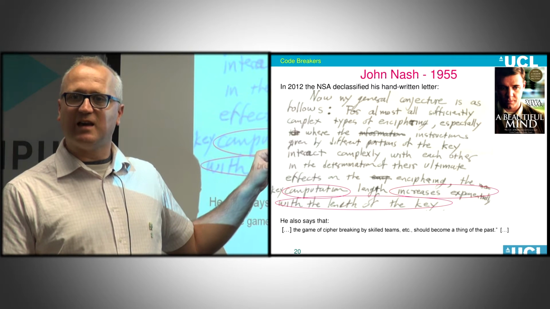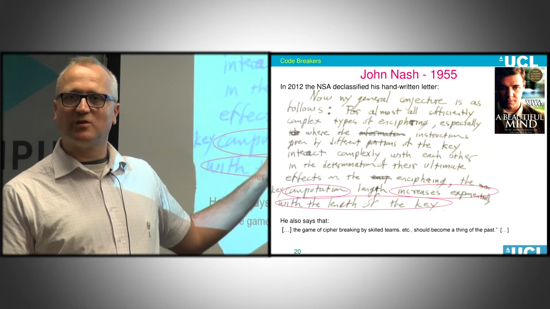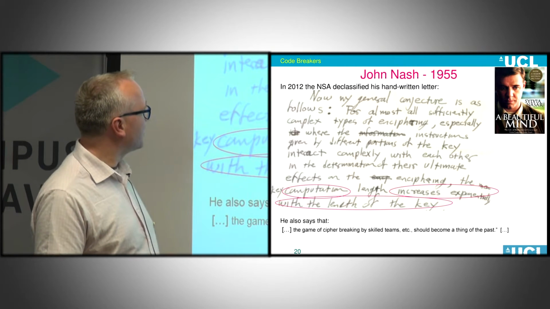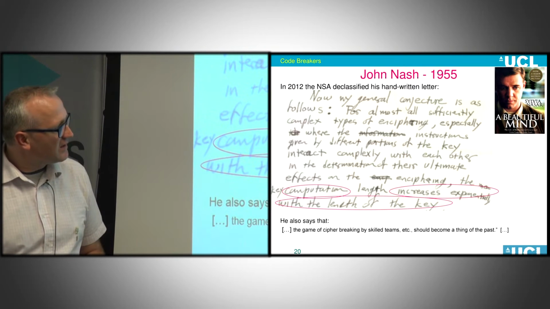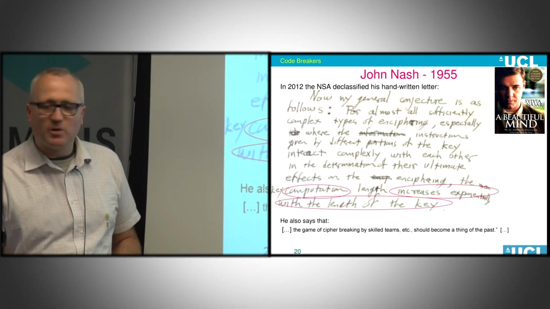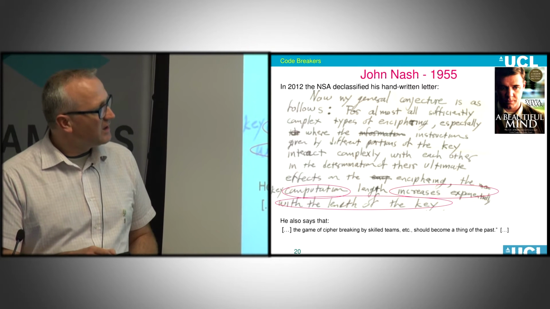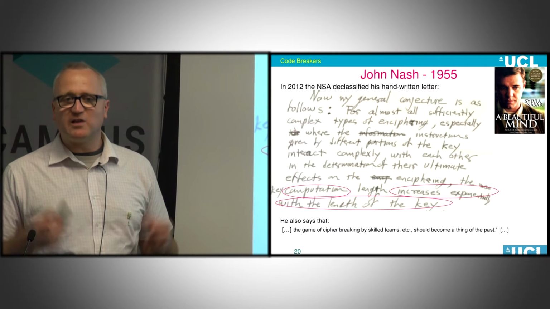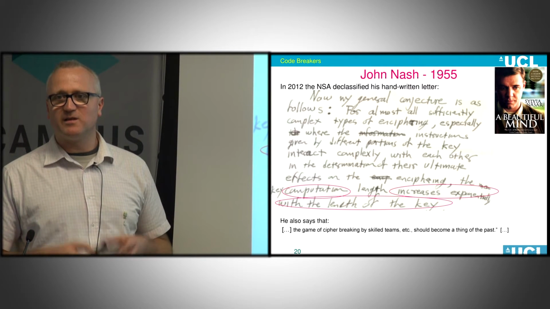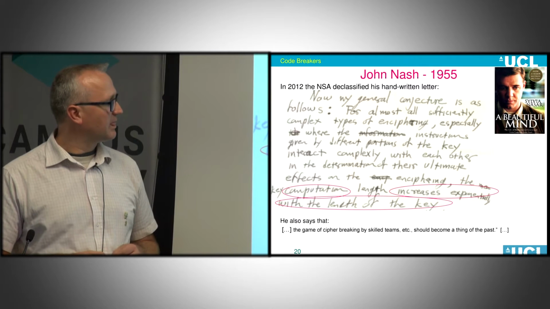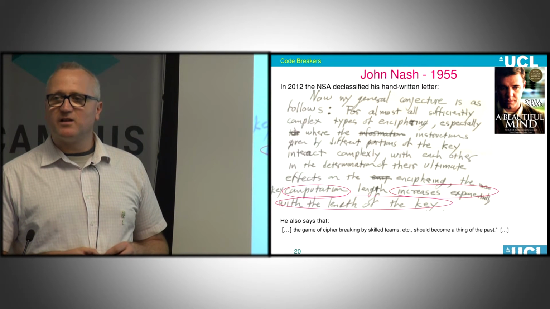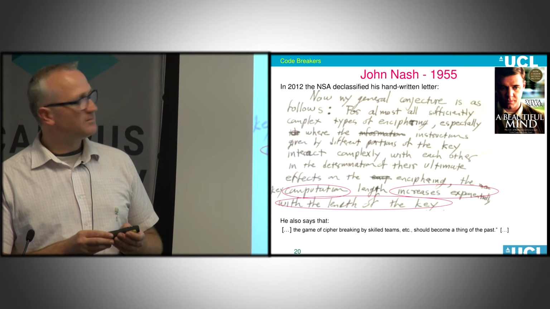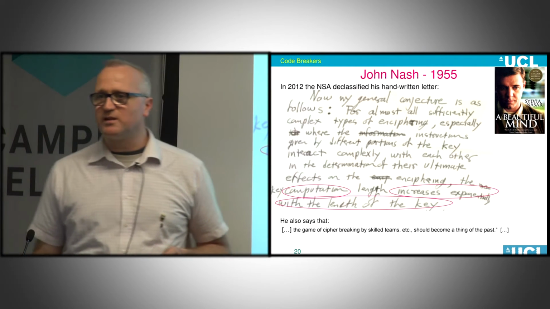For example, RSA is not a secure crypto system in John Nash's sense. Why? Because John Nash says the security of a crypto system should be such that the level of computation you need to break it increases exponentially with the length of the key. So it's exponential security. Complexity theory is the exp class. RSA doesn't achieve exponential security. So this is a very high standard which John Nash has postulated. Sorry? Is it superlinear?